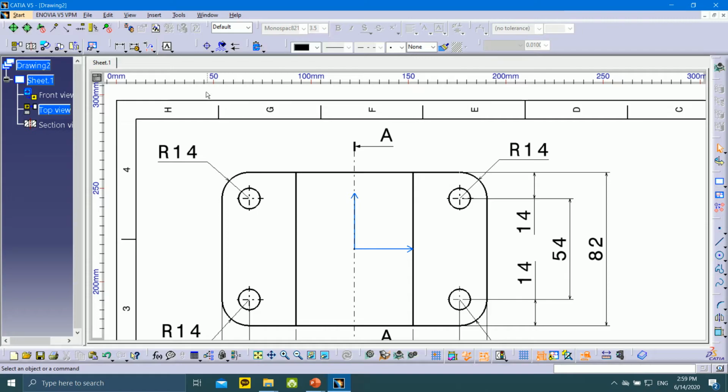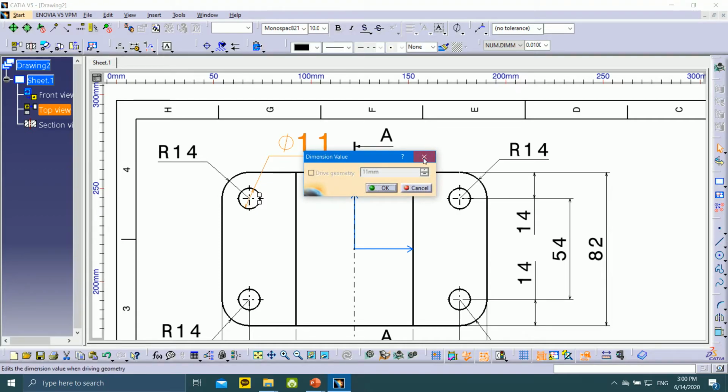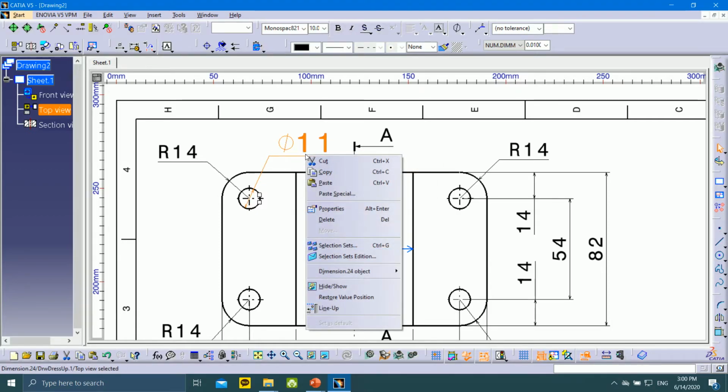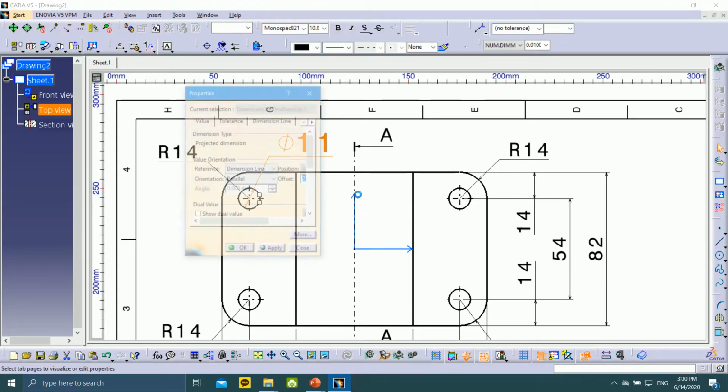Okay, this you have a hole. You can use the diameter dimension in here, something like this, and you can change the style, something like this. You have to change the font. Okay, it has diameter 11, and you can double click this. Oh, sorry, not double click. Properties,